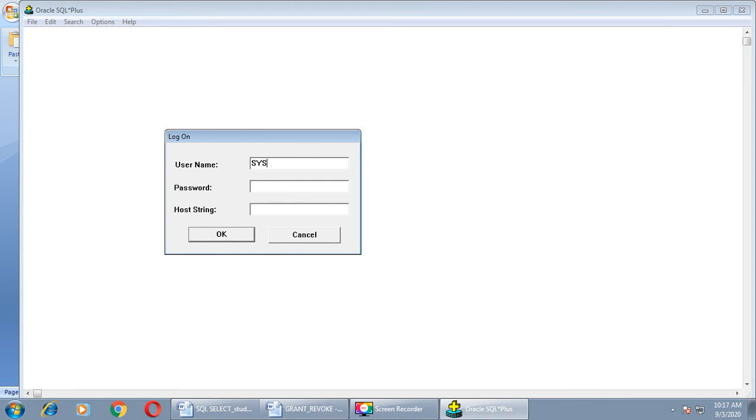You have to enter as a system administrator, right? System, Oracle, here I am giving. Generally, system and Oracle password is used. When I installed this software in this system, I entered a password Oracle. So if I want to create a new user, at that time which password can I use? System and Oracle, right? Click OK.